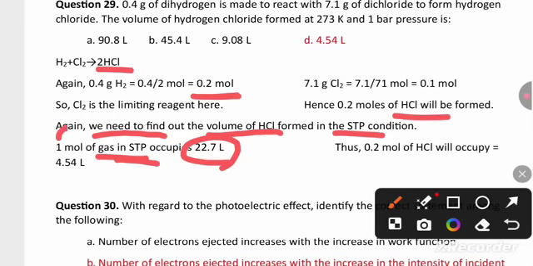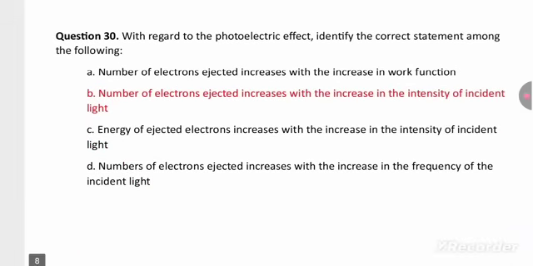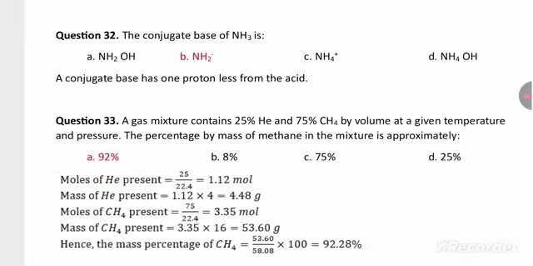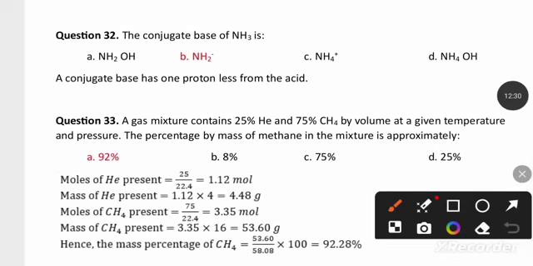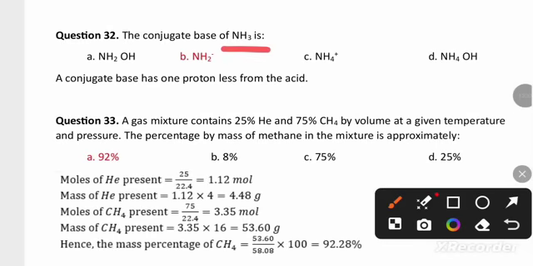Thus, if 1 mole is equal to 22.7, then 0.2 mole is equal to 4.54 liters. Next question, with regards to the photoelectric effect, the correct statement is: the number of electrons ejected increases with increasing the intensity of incident light. So the conjugate base of NH3 is NH2 minus, because the conjugate base has one proton